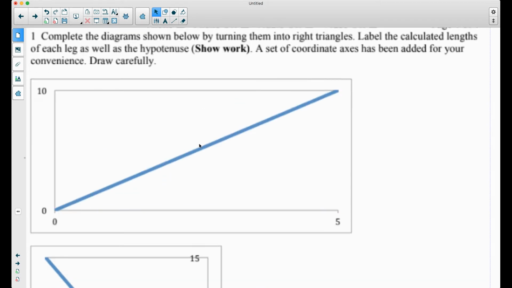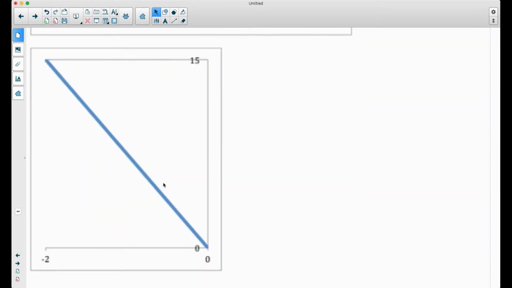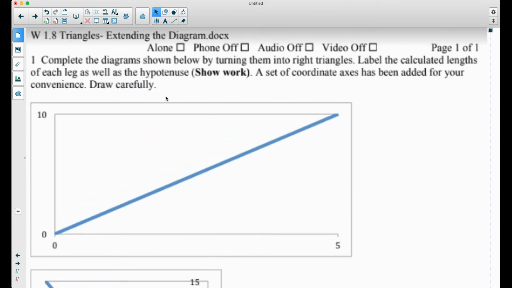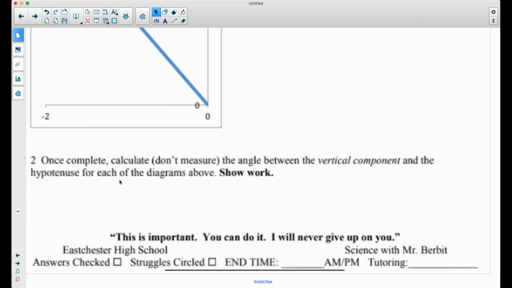So here what you see is there's a diagonal, or what we might call a resultant. Here's another diagonal, or what we might call a resultant. And it says turn them into right triangles. We literally just did this in the notes. So sketch them. And then question 2 is